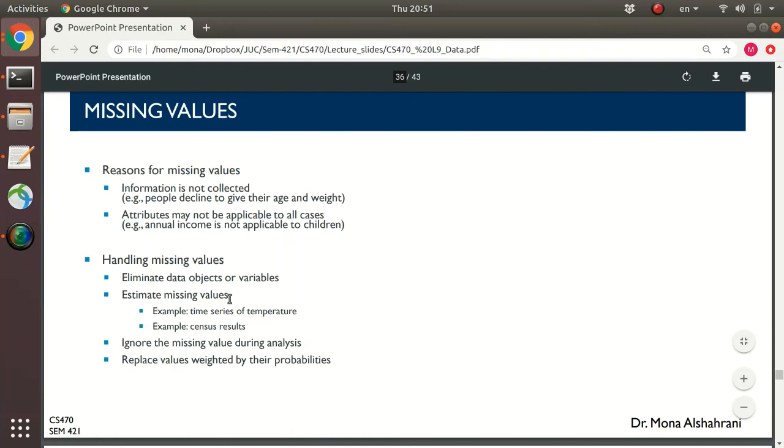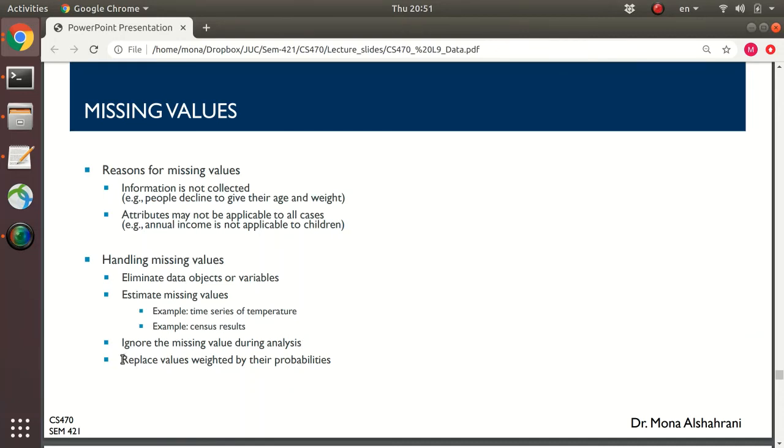If it's numeric values, we can find the mean of such values. We can find the median to represent the values that are missing. Another way of handling missing value problems is to ignore the missing value altogether during analysis, so we don't consider them,